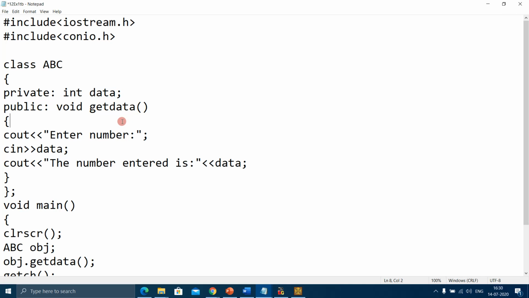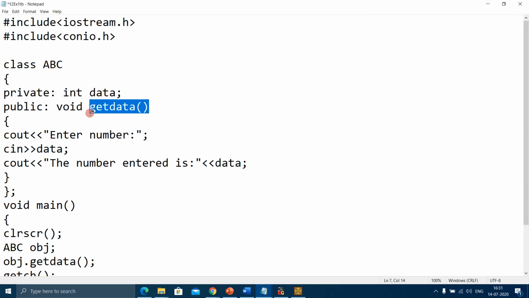Got it? Now, here it is given. Can you see this is a function? We used to declare a function in the simple basics of C++. We can give any name to the function. Here I have given the name of the function as get data. The return type of the function determines its data type.